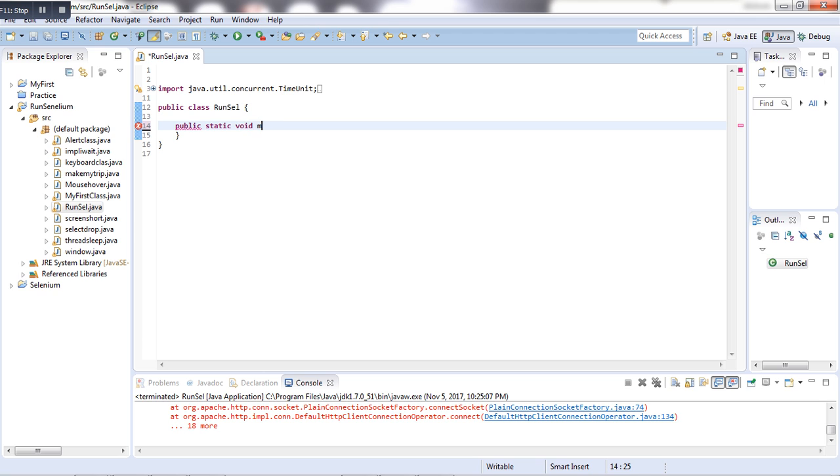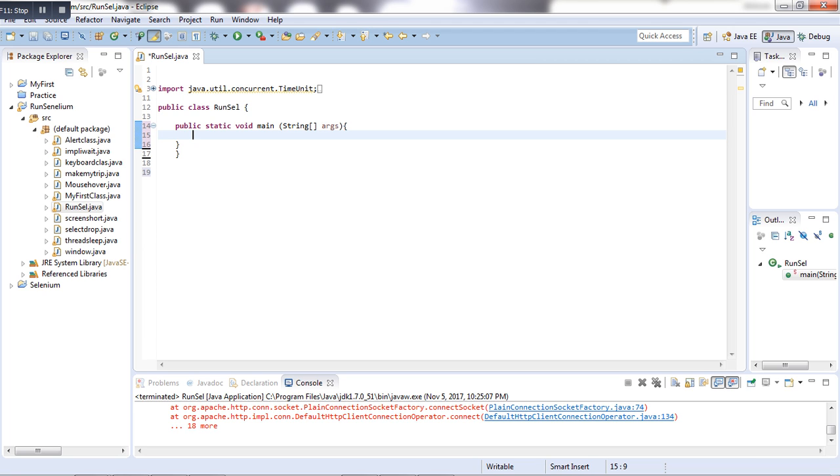Inside the two normal braces, I'm going to write String, and after String I'm going to give the array args, so these are the arguments I'm going to pass over here. This is the extra one, that's why I'm going to delete it. And I'm going to write my Selenium code inside this particular function. So the first line of Selenium code that I'm going to write is